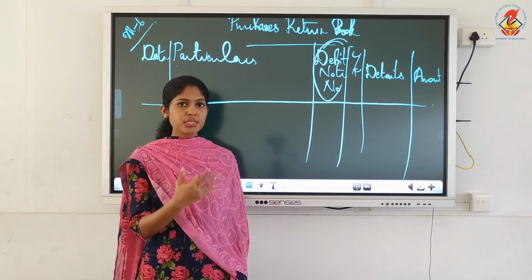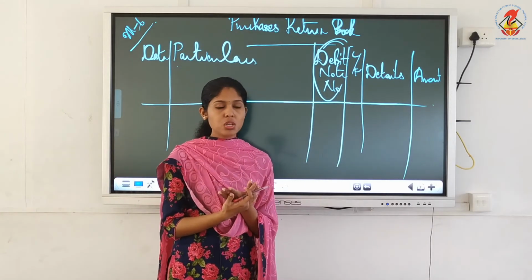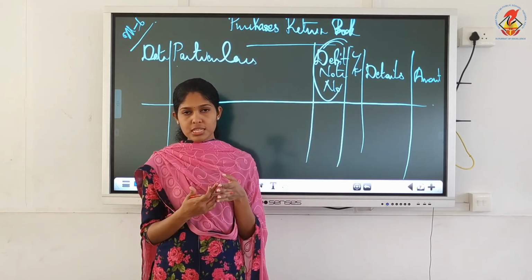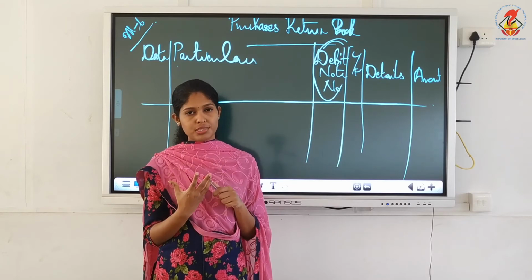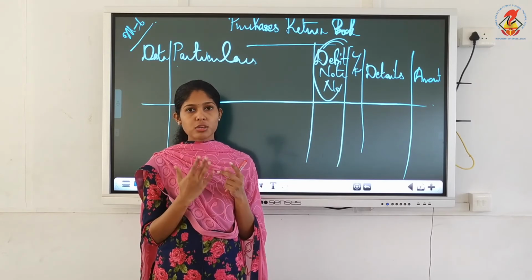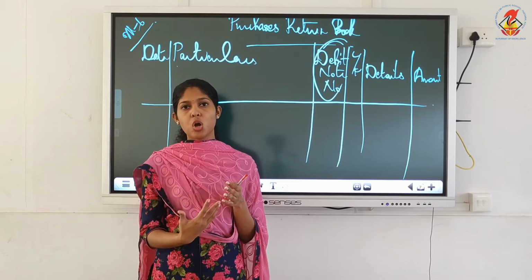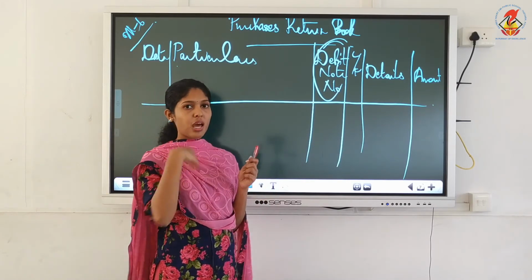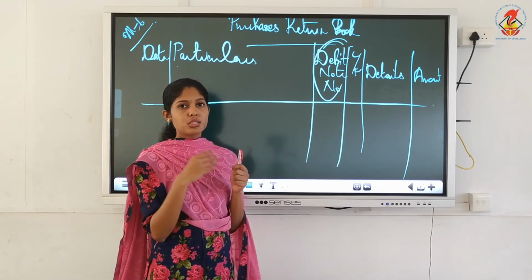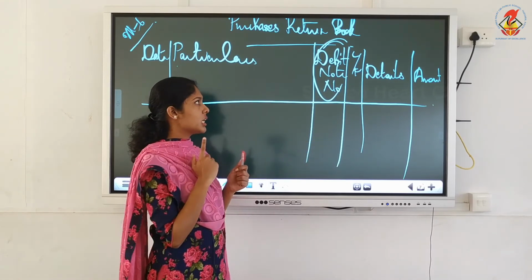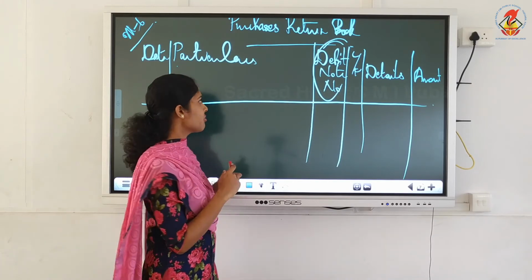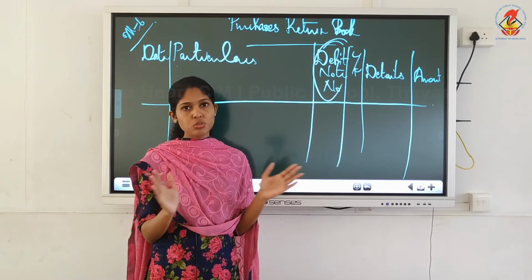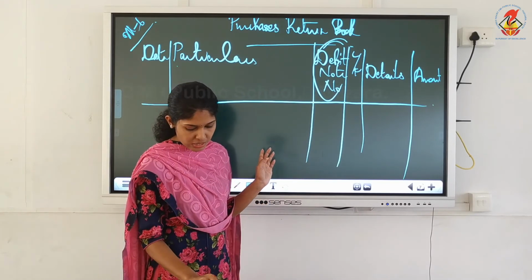Again debit note means it is a source document or supporting document just like invoice or just like bills and receipts which is a proof of the transaction which shows the amount at which you have purchased the item or you have sold the item. Here it is purchase the item because it is purchasing and now we are returning, and the source document which you have to use is debit note number instead of invoice number. Rest everything is same. Preparation is also same. There is no change. You have to first write to whom we are